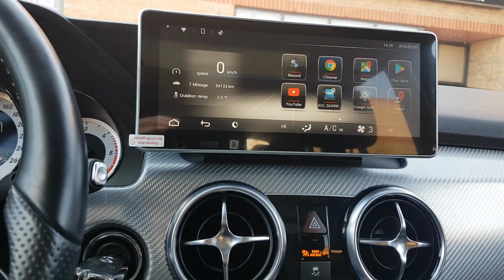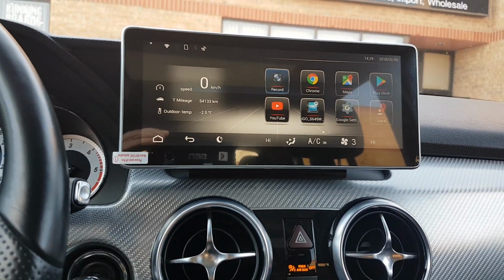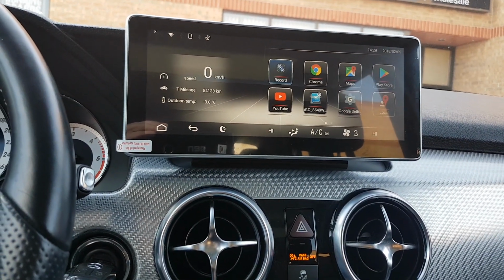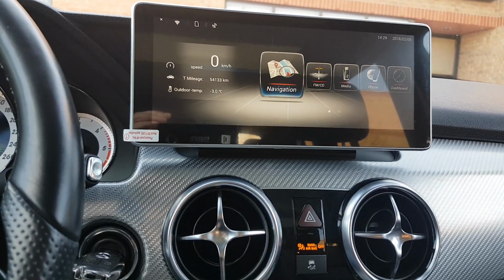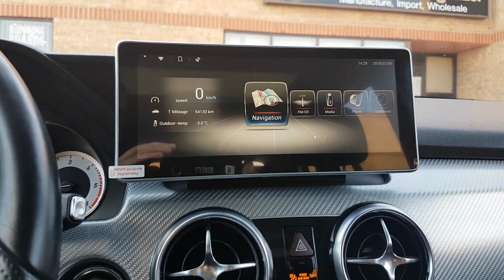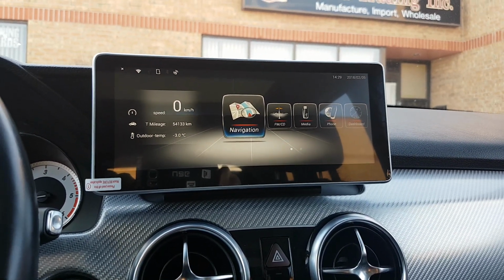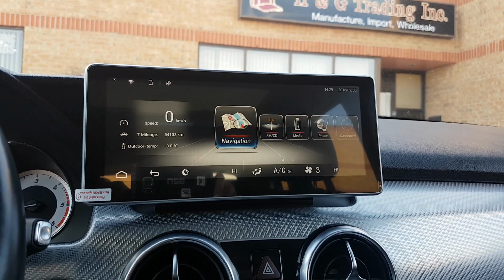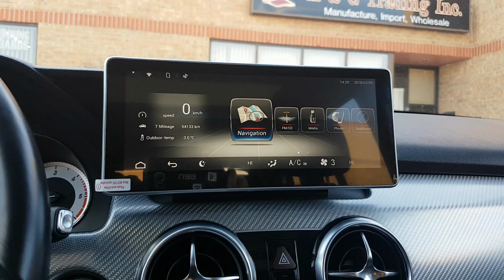Basically, that's all about it. We are working on the other Mercedes lines to test them, to make sure everything is functioning in Canada and the US, and that they would also work in Europe as well. We offer the full warranty, full installation support from here,